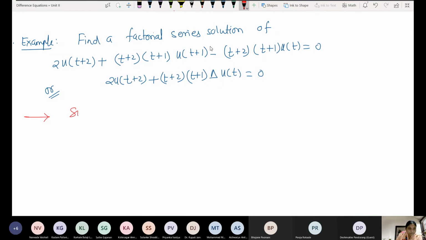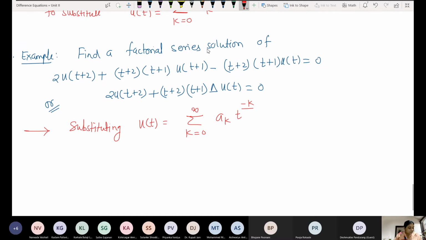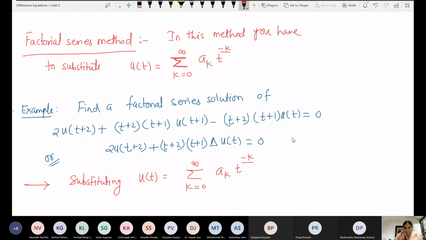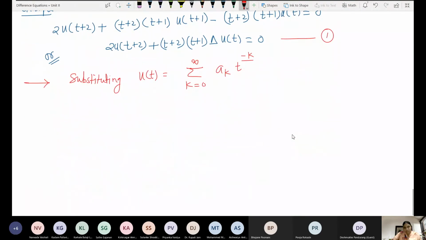So substituting u_t equal to summation k equal to 0 to infinity of a_k t raised to minus k falling in equation 1, what will we get? Substituting u_t in equation 1, we get